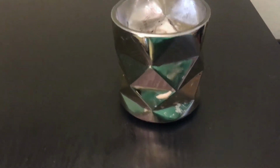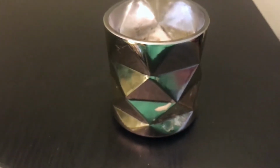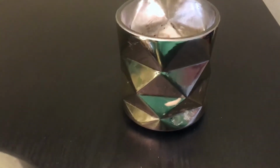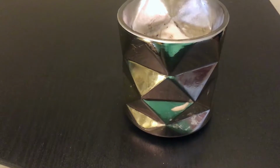And I thought that was cool because the brand is called Bloom and Prosper Candles. I don't know if you guys can see this. So the brand is called Bloom and Prosper Candles, and I thought that was cool. It was a nice little pun. But yeah, she gave it to me, and it came in this vase, and the original scent that came in this vase was Amber Mirror,